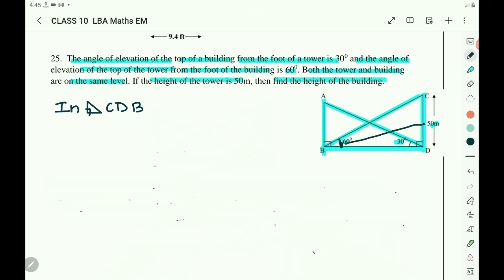For that, CD is the opposite side and BD is the adjacent side. The trigonometric ratio with opposite side and adjacent side is tan. Then you take tan 60 degree equals